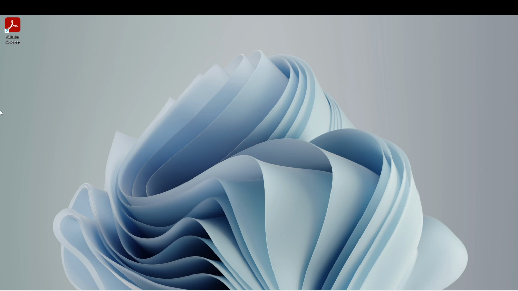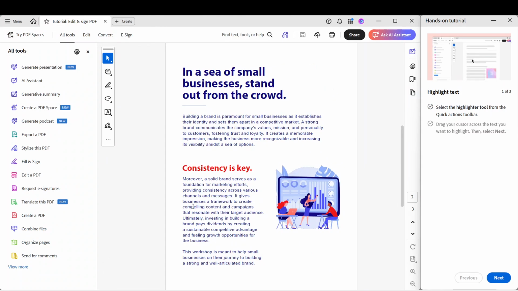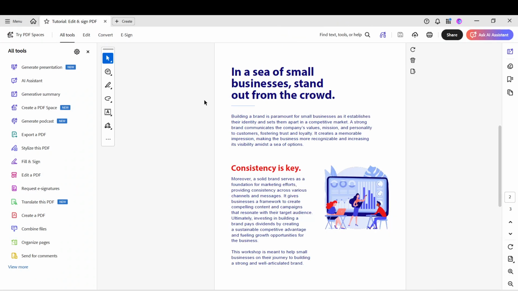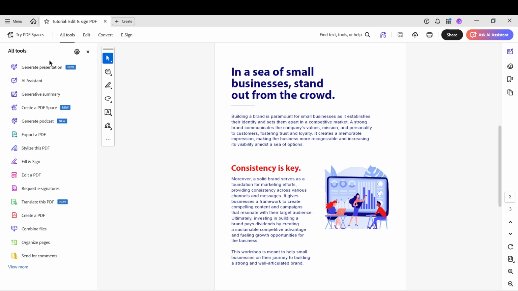Start by launching Adobe Acrobat on your device and give it a moment to fully load. Then open the PDF you want to work with. You can use File, then Open from the menu, or simply drag and drop your file into Acrobat. While you can prepare your stamp without a specific document open, having one up makes it easier to preview tool changes as you go.